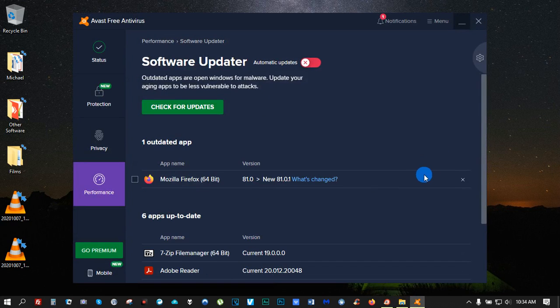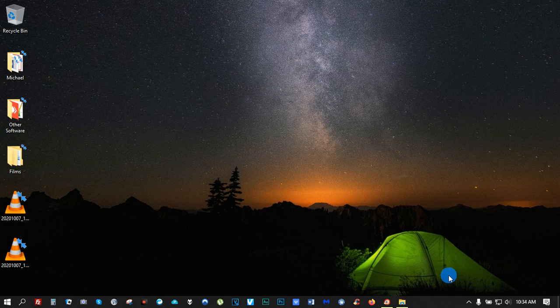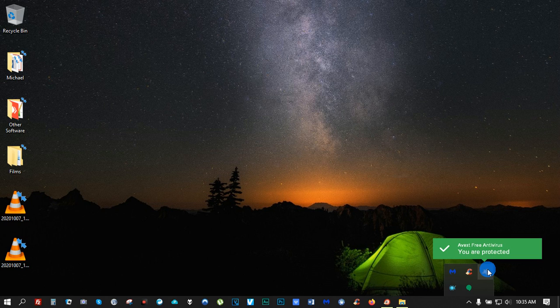Okay, so Avast is very, very important. And another thing, I only use one antivirus, first of all. Now, the other thing I use is Malwarebytes, even though it really doesn't find much. I really don't have much spyware on my computer, but I use Malwarebytes as well in conjunction with Avast antivirus.